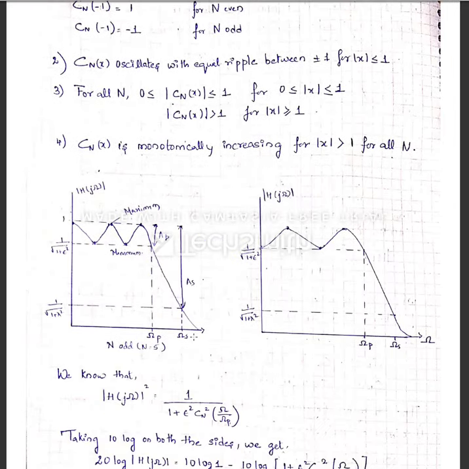Now this is a response for your Chebyshev filter for n odd as well as n even. I have not written it here, I am miswriting it here. So here n value is 4, here n value is 5. You can see here 5 points. Similarly you can have 4 points. Now here you have maxima and minima. So this you know.